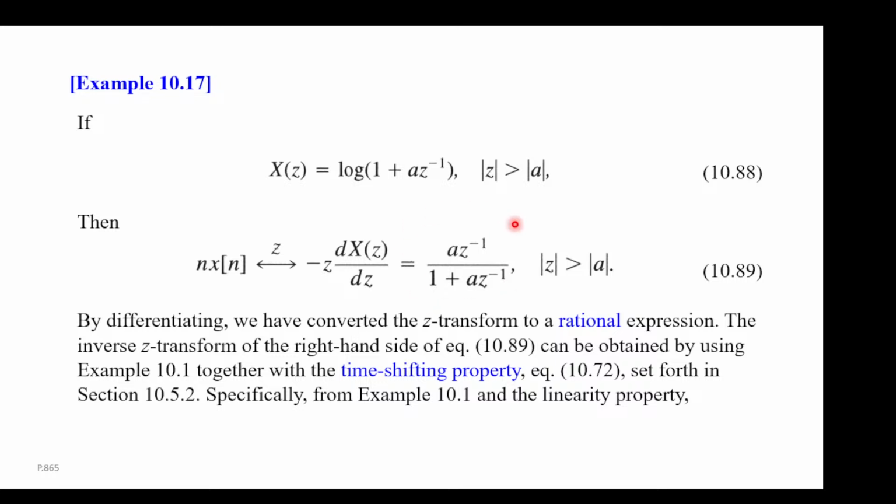And so this becomes a rational expression of z, and we know how to do the inverse transform of this rational expression of z. And on the other side, we have n times x[n]. And as we said, the ROC doesn't change. Okay? And so this is a rational expression, and we can do partial fraction expansion to invert it. Okay,